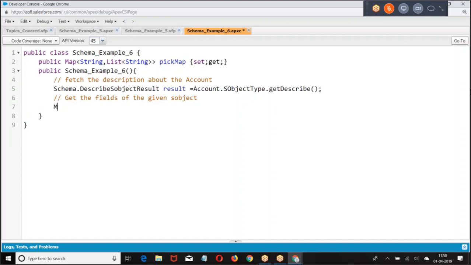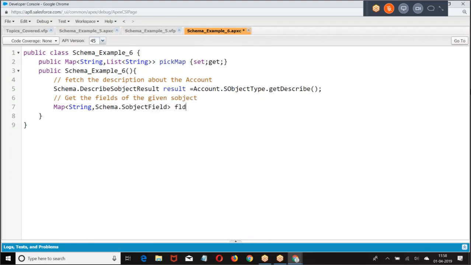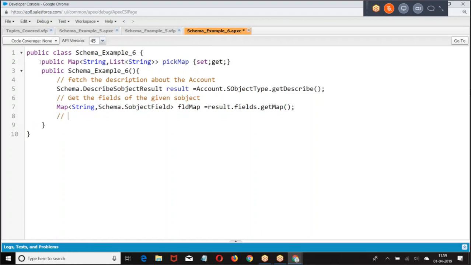How do you get the fields? Map of string comma, field map equal to result dot fields dot. We got the fields. Then take one by one. Okay, get the field names. How do you get the field names? In the map, field name is the key.